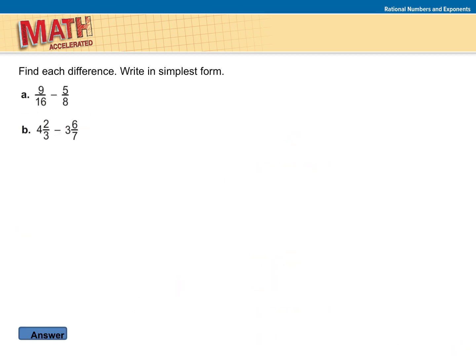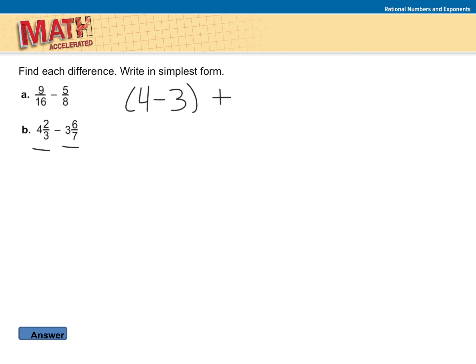Let's look at a subtraction problem now. Same thing, right? I want to look at B. Last one we're going to look at today. What do you notice about these two numbers? They're mixed numbers. So what do we do first? You take off the whole numbers. Separate them out. Yep, you were all right. So we have 4 minus 3,